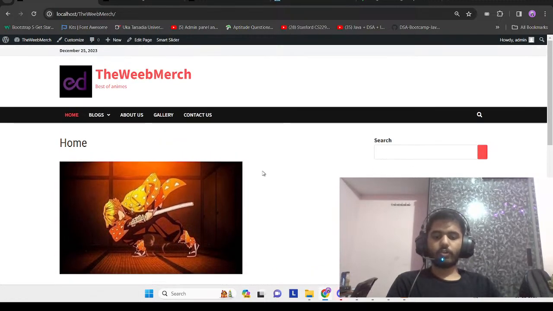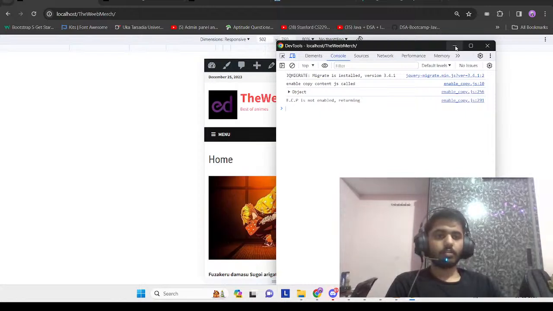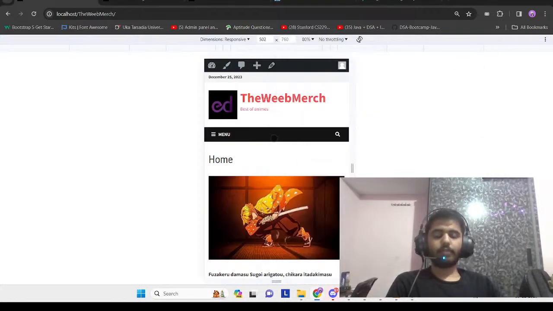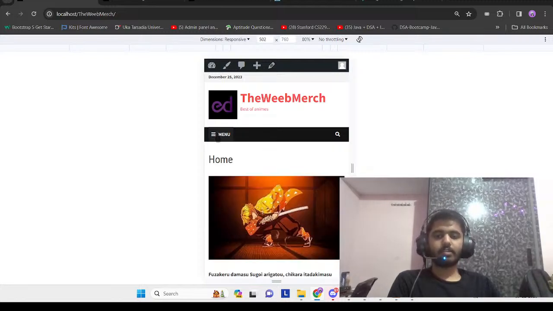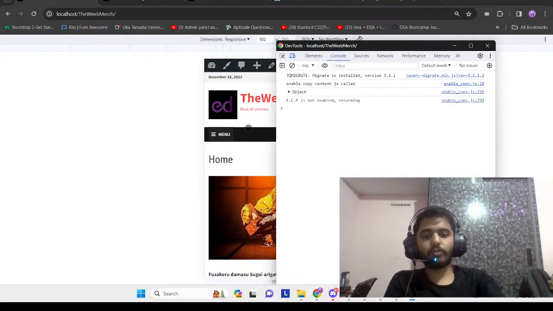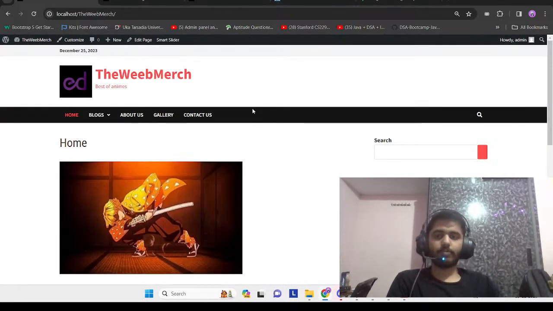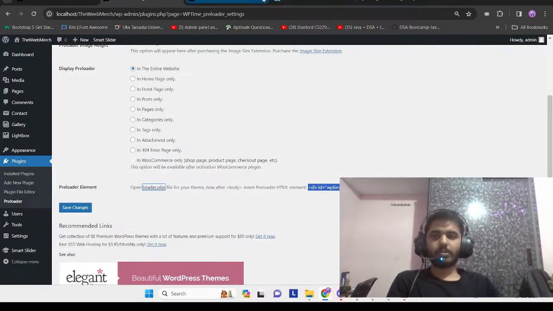Next thing which we want to do is, let's go to responsive. And if you see, this responsive menu is provided to us by the theme only. So for many themes it won't work like this. This theme is good that they have provided this, but it won't work every time. So for that purpose, we are going to see how you can make a responsive menu. So go to plugins, go to add new plugin